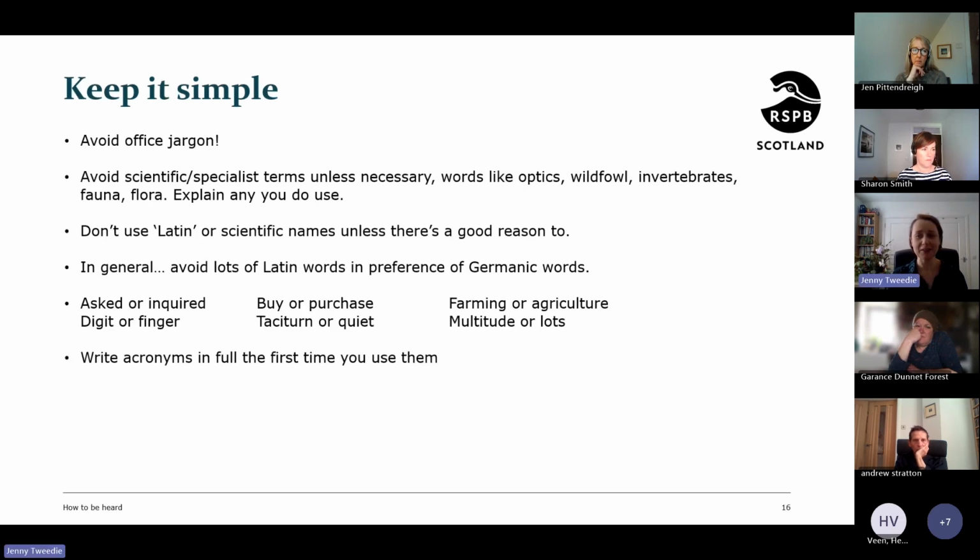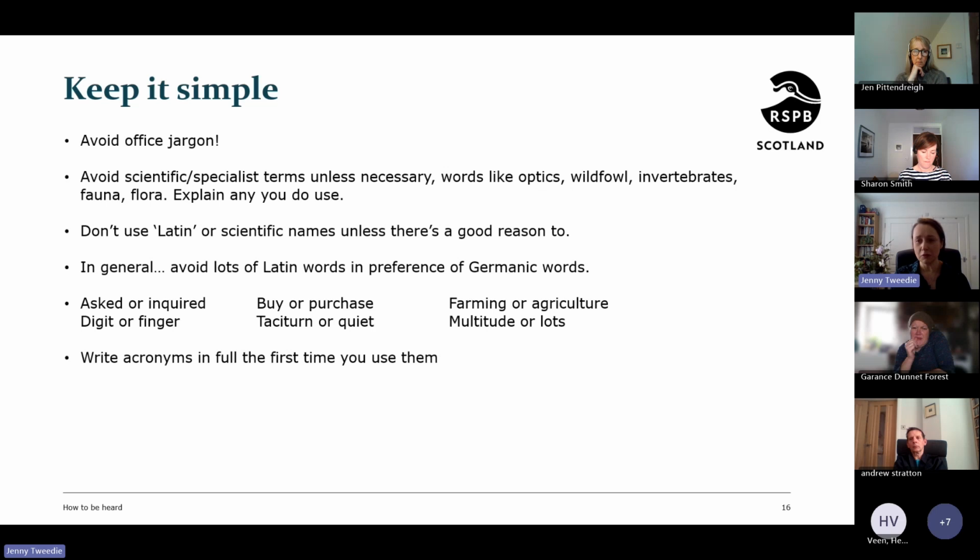So a few tips on how to do that. You probably don't have to worry about using office jargon. It's not something you're going to be using. But I've been faced with some terrible office jargon through the years, and it really makes meetings very, very boring. But also probably more appropriate to you is scientific jargon. So I would try and avoid using scientific or specialist words if you possibly can. You get into the habit of doing it, and I do it myself because I've been doing this for such a long time. These words are just how everybody talks. But if you're talking to the outside world, you really need to try and avoid them, or at least explain them if you are going to use them.